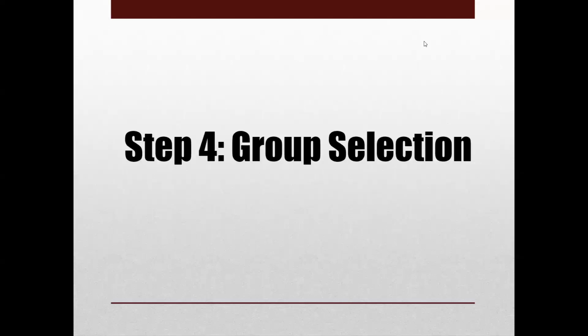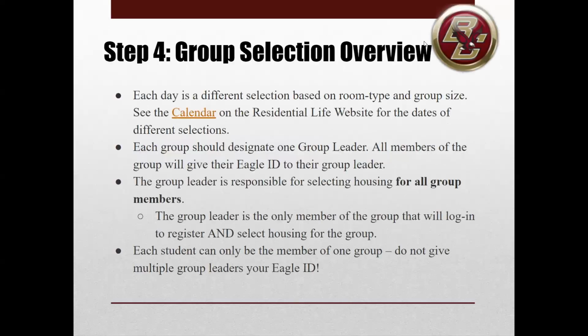We will now talk about group selection. Each day of group selection is a different day based off of room type and group size. The calendar is on our website, as well as you will see throughout our office and the bulletin boards that will be posted later. Each group should designate one group leader, and this group leader will collect all Eagle IDs